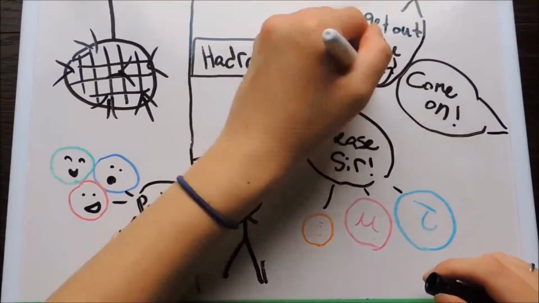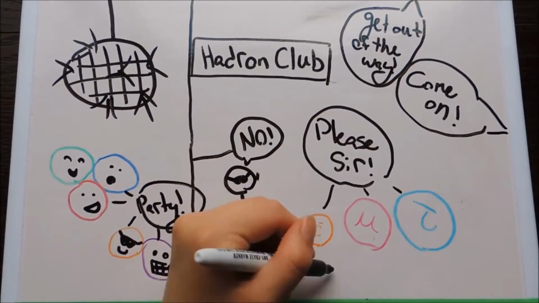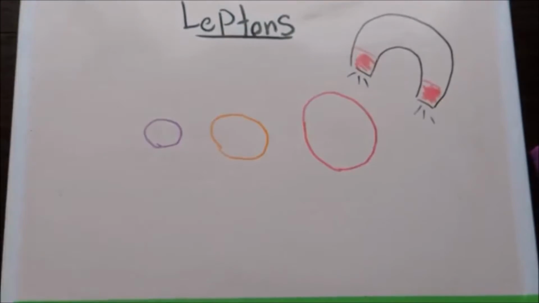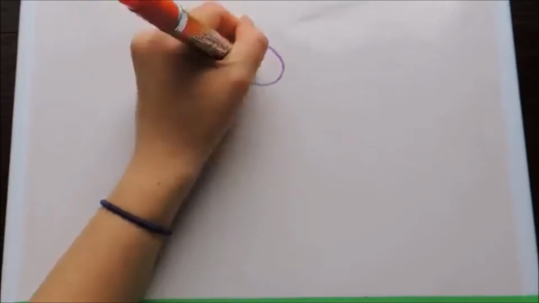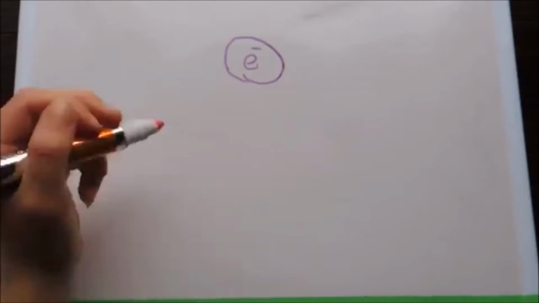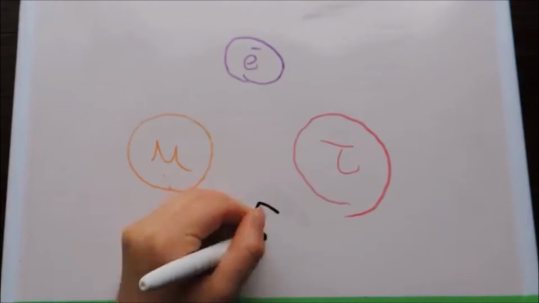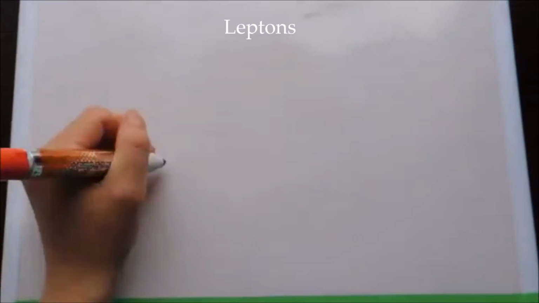Leptons are excluded because hadrons interact with the strong force, while leptons do not. The other particles of life are made up of the fundamental particles called leptons, which interact with the electromagnetic, gravitational, and weak forces. An electron is an example of a lepton, as well as the muon and tau, which are less well known, but also much more rare cousins of the electron.